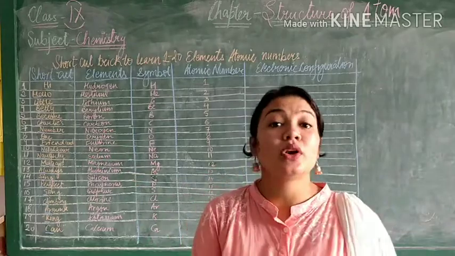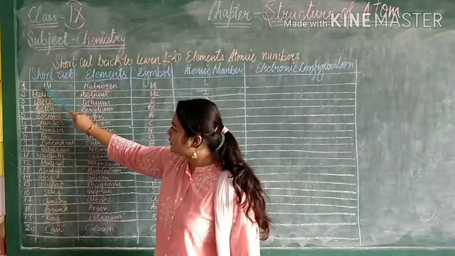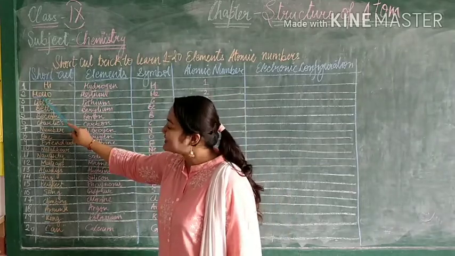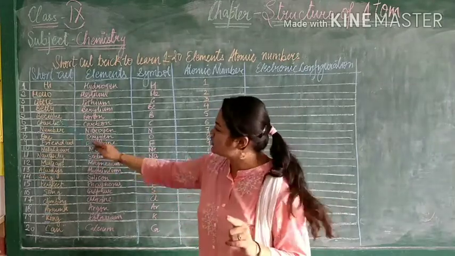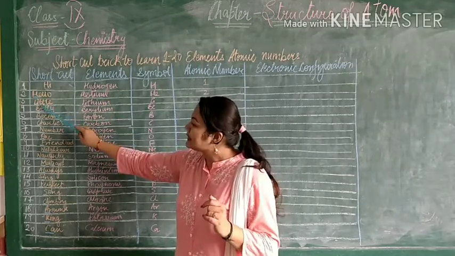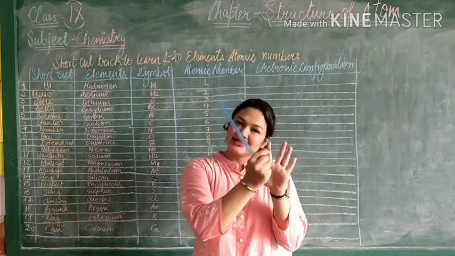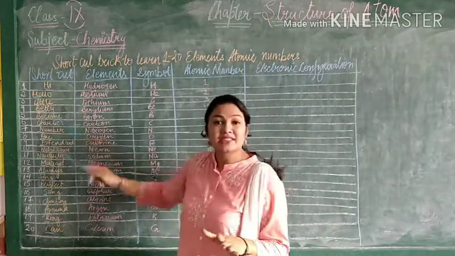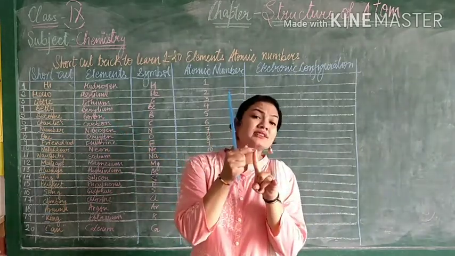If you learn it, how will you recognize the atomic number of each element? See, Hi, you just take the H. H is the symbol of hydrogen. Hello means He, which comes on the 2 count. He is the symbol of helium, so the atomic number of helium is 2. Little: Li means lithium. Hi, hello, little. Little comes on 3, so the atomic number of lithium is 3. Then Betty means Be, which is beryllium, so it is 4.